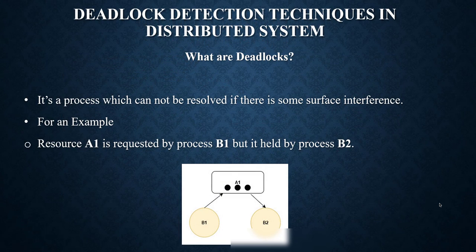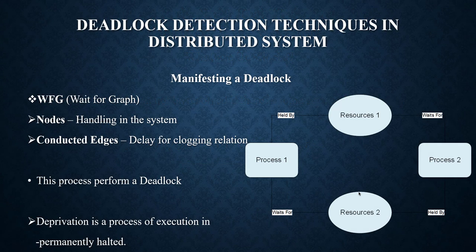So what is deadlock? Deadlock is a state in which each member of a group is waiting for another member, including itself, to take an action, such as sending a message or, more commonly, releasing a lock. Deadlock is a common problem in multiprocess systems, parallel computing, and distributed systems, where software and hardware locks are used to update shared resources. In this picture, A is requesting a resource while B is processing. Okay, let's move to the next slide.